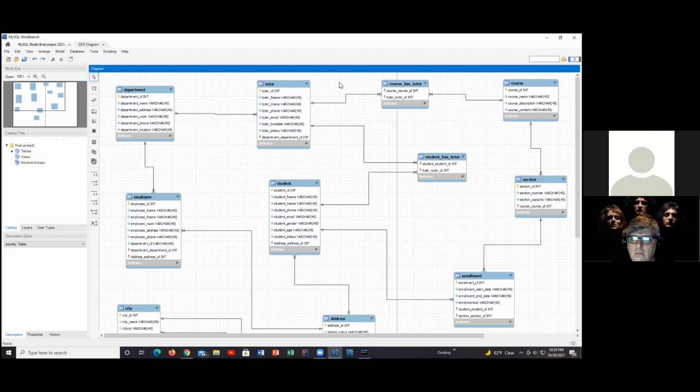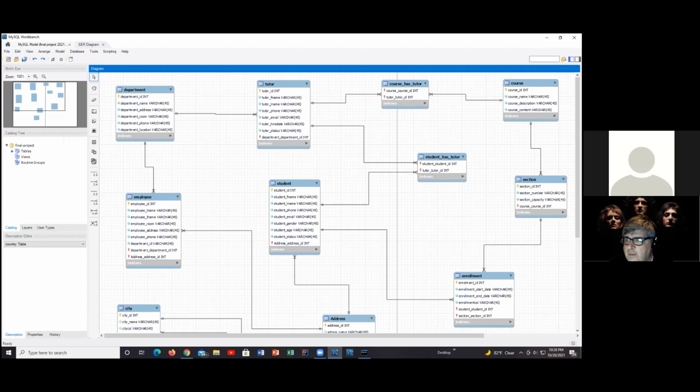Because one tutor might tutor multiple courses. So even though you have the course has tutor up there, we're pairing the course ID with the tutor ID. Where the student has tutor, I need to know what course that student is being tutored in. And that would be, so for the purposes of what you're doing,